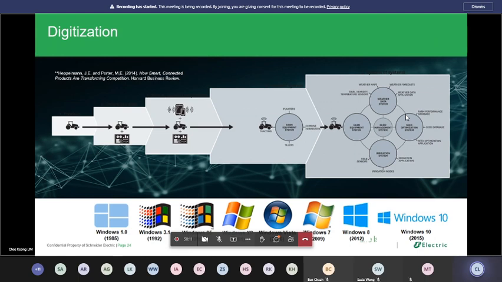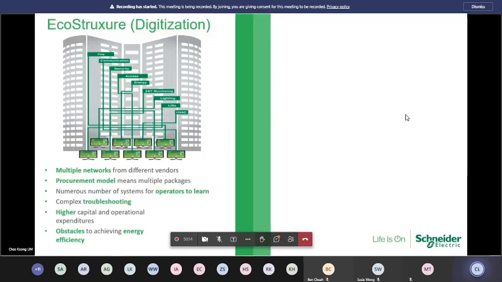All right, so let's move on further. When it comes to digitization, you move backwards and you see that today, if you move into any built-up hospital, be it new ones that are completed and handed over, or the old ones, you will probably see different PCs deployed in their command and control centers. You can probably see a fire system there, a BMS system, a power monitoring system. There's a lot of screens going around, a whole rack of tables with a lot of PCs running different systems. That is already digitization.